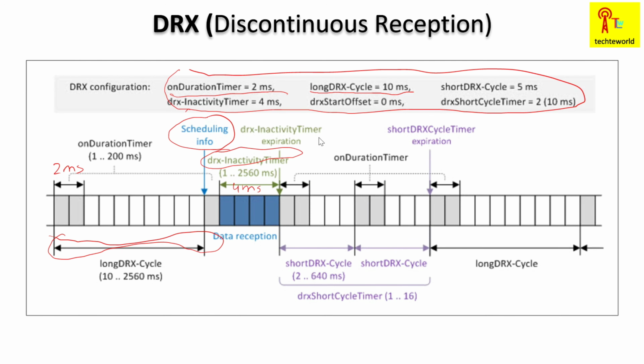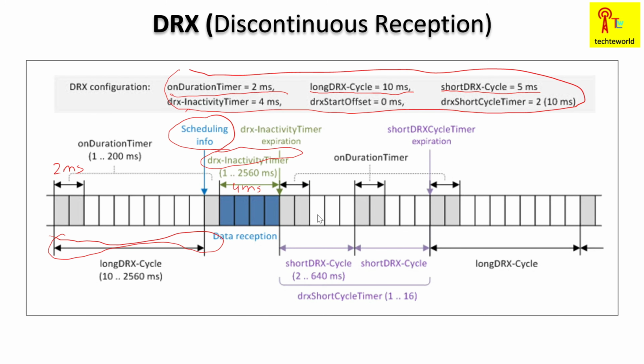The short DRX cycle's range is between 2 to 640 milliseconds. So here for example we have taken 5 millisecond, right? So for 2 millisecond it will be on, and for the rest 3 millisecond it will be off, right? And then